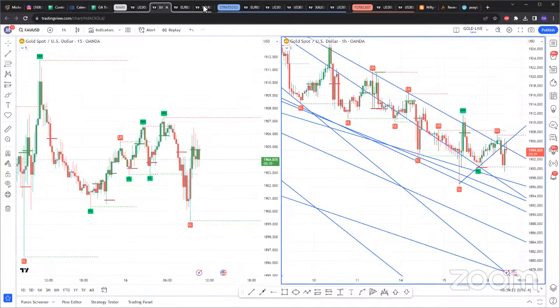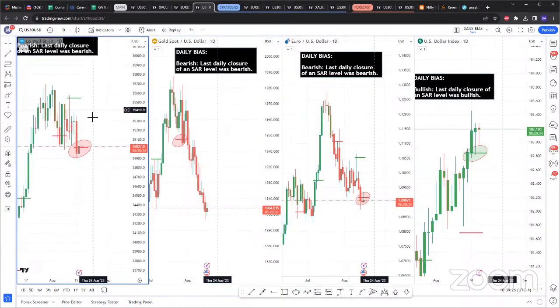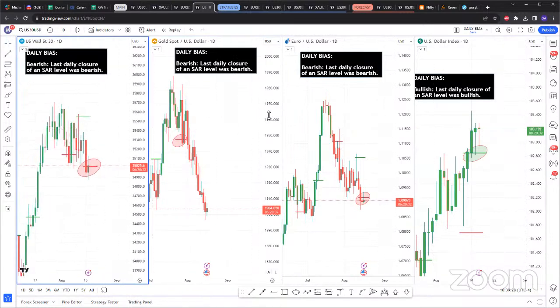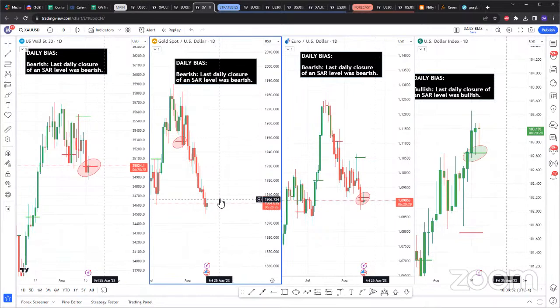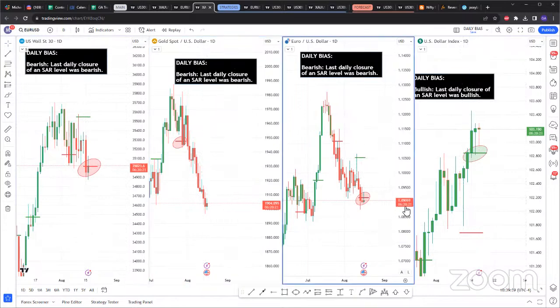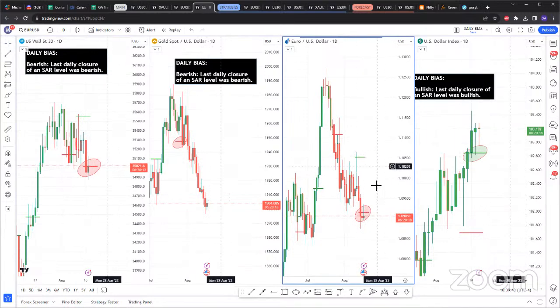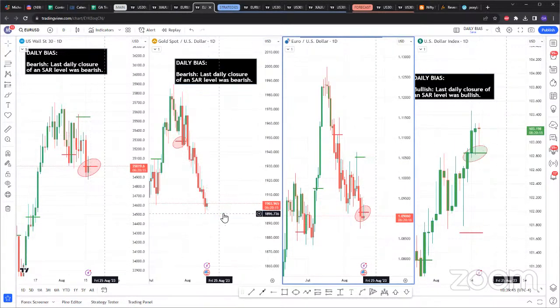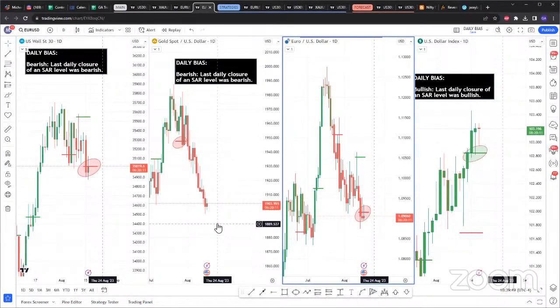But yeah, for gold, I don't mind not having a trade on gold. Honestly, I'm waiting for that buy to be formed, but it looks like we'll get that buy SAR on the daily, maybe Friday or early next week, because you can see we don't even have that. At the very least, EU created that buy SAR, but you can see the importance of waiting for these closures above there. Gold hasn't created that, and I do expect gold to flush down below 1900.